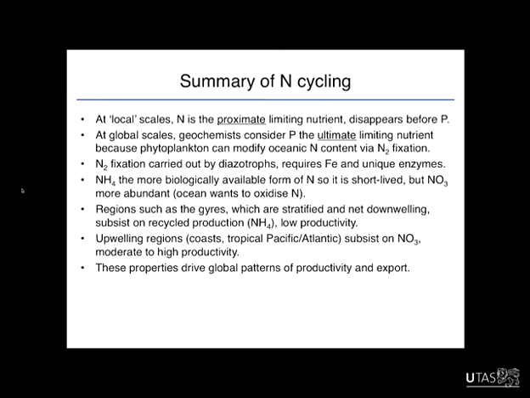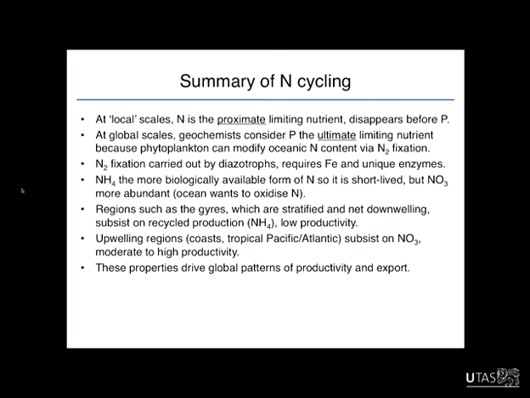However, it's energetically expensive for phytoplankton to take that nitrate and incorporate it into cell parts. So if it's present, they would much prefer to use ammonium because it's less oxidized. It's closer to the form in which they want to use it. In fact, there have been experiments where you measure the uptake of nitrate by phytoplankton, and if you give them ammonium, they'll basically shut down the uptake of nitrate and use ammonium instead. So in places like coastal upwelling systems, we're actively moving nitrate from the deep waters up into the surface ocean. That's what makes those areas quite productive.